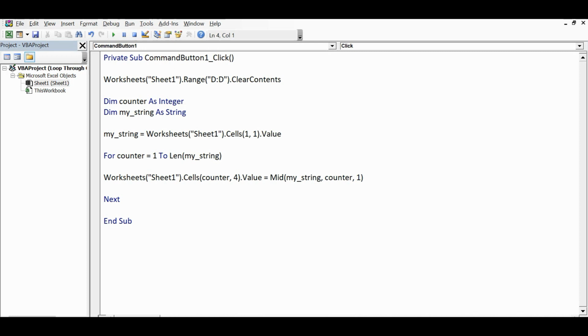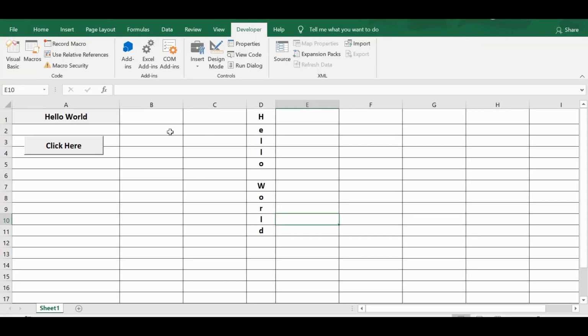So this will clear entire column D before running this code. Now I don't need to delete values in column D manually because I have already written code. So let me check again by clicking on this command button. It is working.